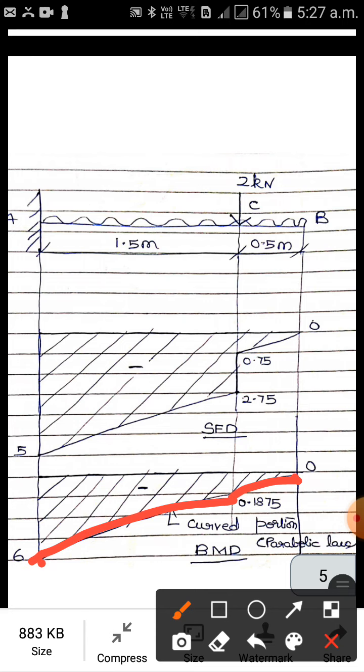Shear force and bending moment are very simple, but you have to be careful with the sign convention, and you have to know how to consider the UDL in shear force and bending moment. I'll repeat. For shear force, for a point load, take the value as it is. For UDL, multiply by the distance. And again for bending moment, for a point load it is load and distance. For UDL it is load and distance into distance by 2. So go through the last problem also. Keep on working out. Make it a point to work it out on the same day.